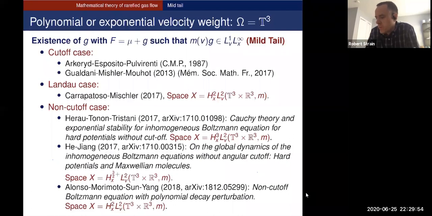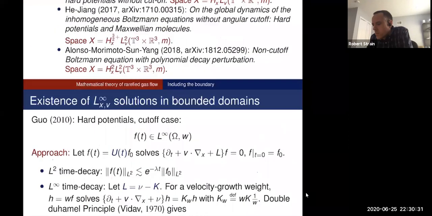And again, all these results start by using the previous results with the semigroup and the exponentially decaying velocity, and you iterate to build up to a space with a mild tail. Something that I want to emphasize here is that all of these results use 2 or 3 or 3/2 derivatives in the space. And so I'm counting how many derivatives you use because I want to explain